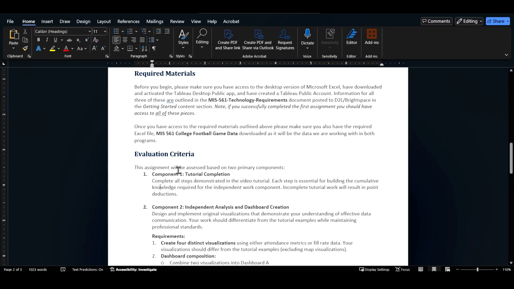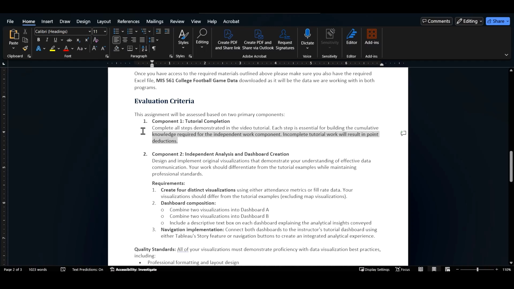You won't lose more than 10 if you don't do it, if you're stressed on that kind of piece. So first piece, like always, do what I do, follow along. Then component 2, you're going to create 4 distinct visualizations using either attendance